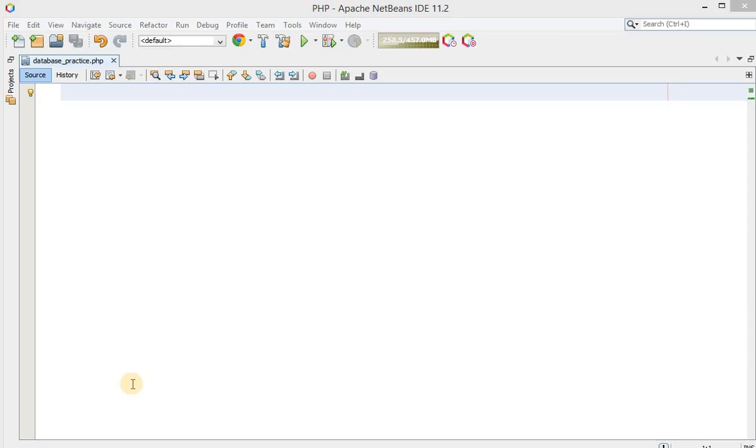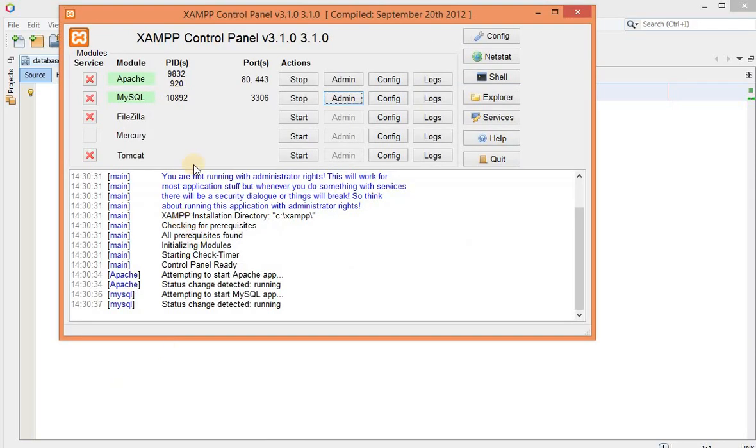Hello everyone. In this session, I'm going to explain how to connect your database and perform database related operations in PHP. So first step is to start your XAMPP server. Over here you can see that Apache is running and MySQL is also running. Now over here there is one button, admin. If you click on that,